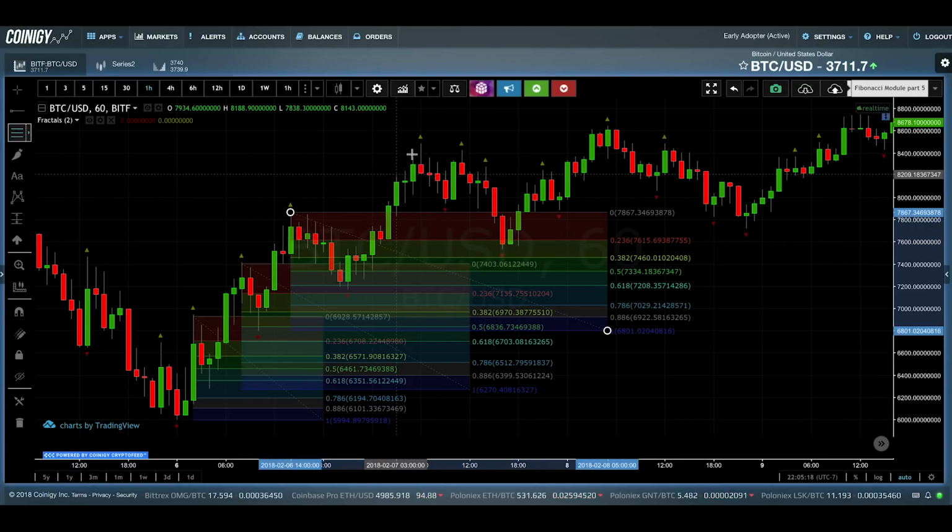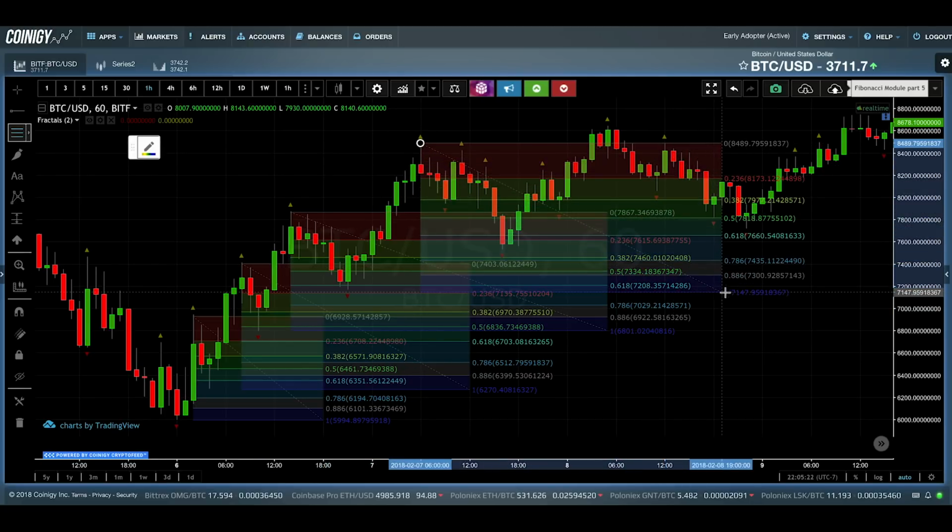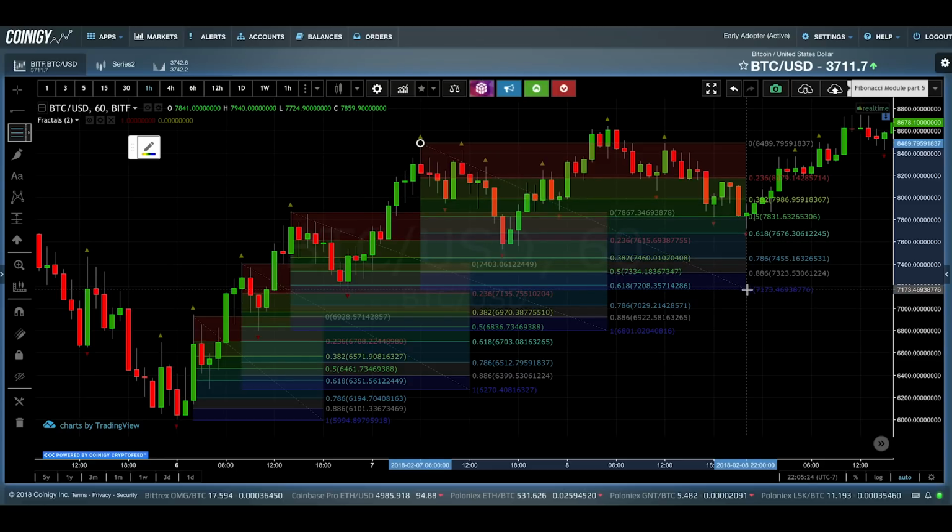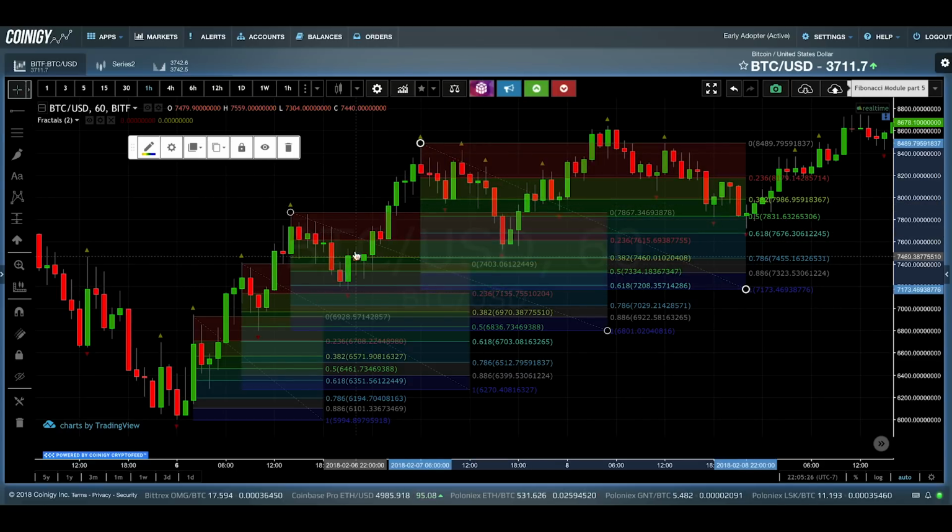So if we measure that retracement down to right here, you can see where the price action again reversed, topped out here, came down to 382, tried to do another move up, but as you can see, didn't quite pass the previous swing high and continued to come down for a full correction of